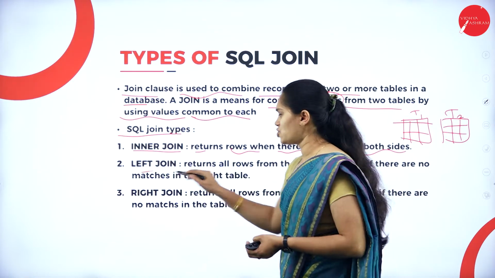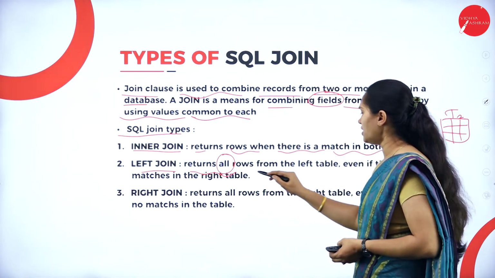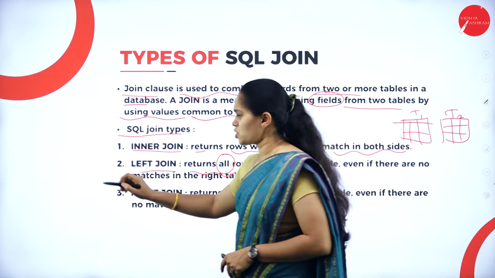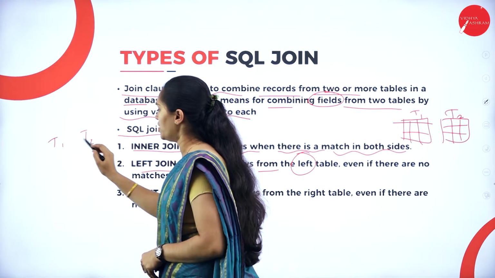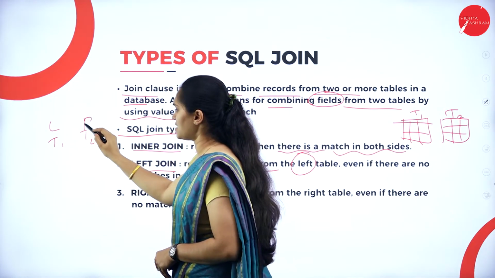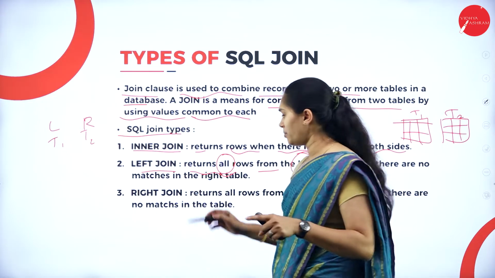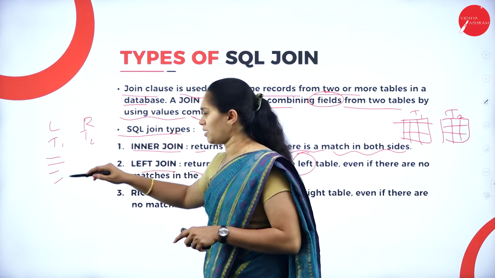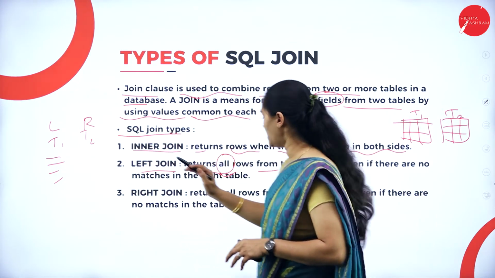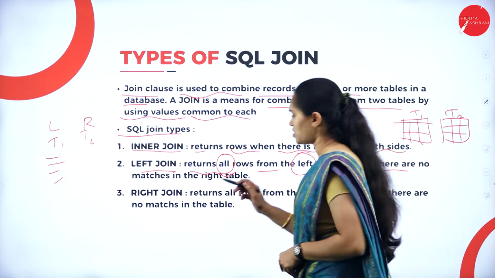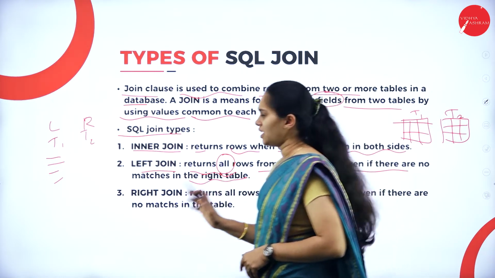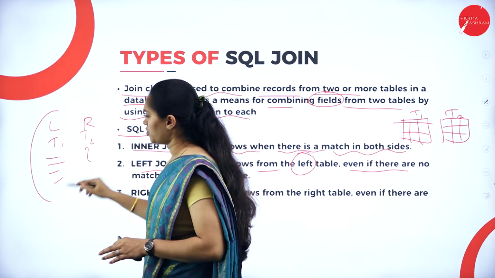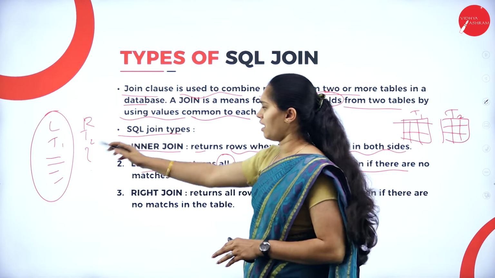Then what about left join? It will return all the rows from the left table. As the name indicates, this is left join. So we have table 1 and table 2. Consider this as the left table and this as the right table. When I am performing this left join, whatever content is there in the left table, everything will be returned. Along with that, even if you don't have any matches in the right table, it will display all the content we have in the left